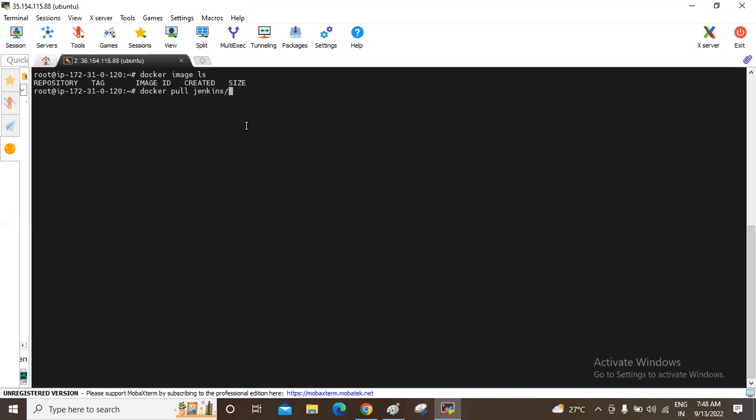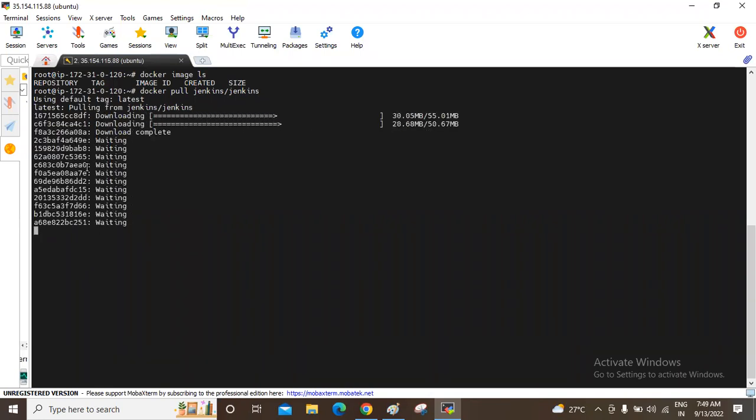Which image? The Jenkins image. For the official Jenkins image, Jenkins is the name. Or else we can use Docker search also. We will see that later. As of now, please remember that Jenkins is the official Docker image for Jenkins. Now, hit enter.